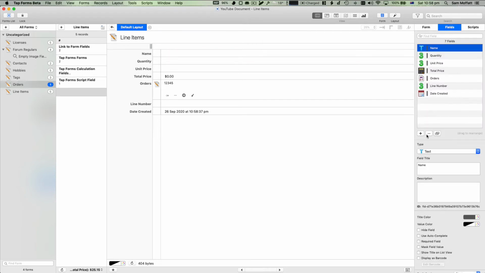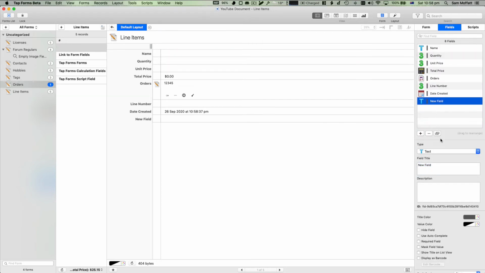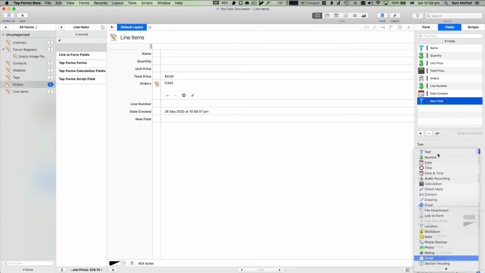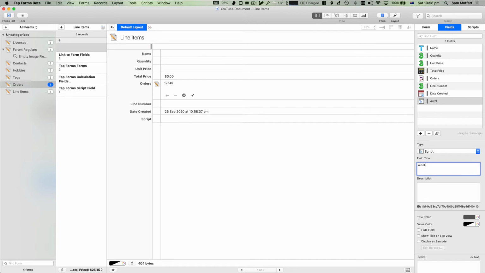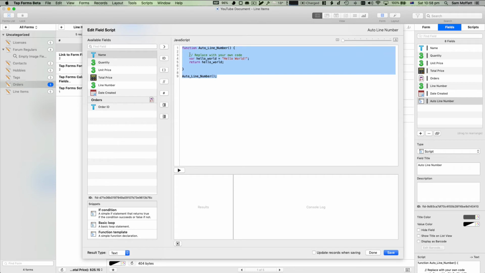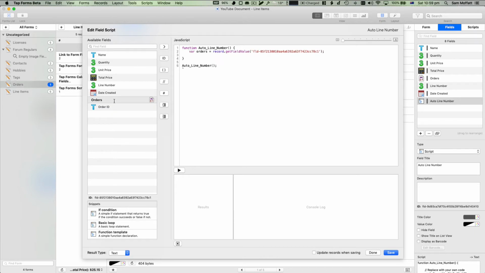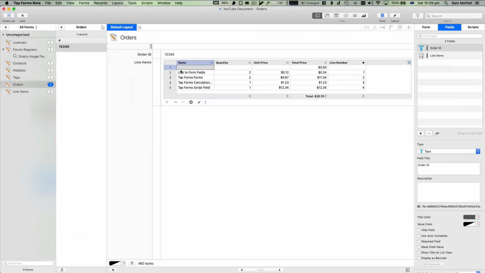So let's create a script field, and we'll call it script auto line number. Now what we're going to do here is delete the innards of this, and we're going to use an interesting property of Tap Forms, which is that we can get to the parent field. Now to do this, we need to go to the parent and then get the child records and count them. So this gets us the field value of the parent,